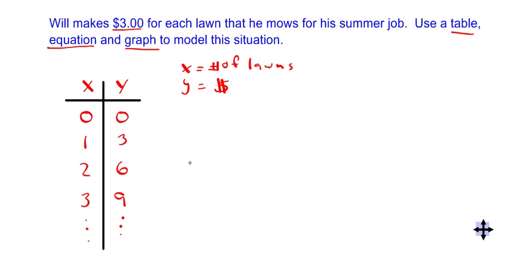Next, we want to look at this and say, okay, well, what is the relationship between the amount of money and the number of lawns? Well, the relationship is that for each lawn, he makes $3. So his total amount of money, y, is equal to $3 times the number of lawns, which in this case we're representing with x. So we've got our table, we've got our equation,